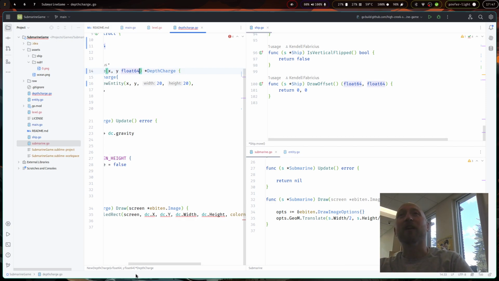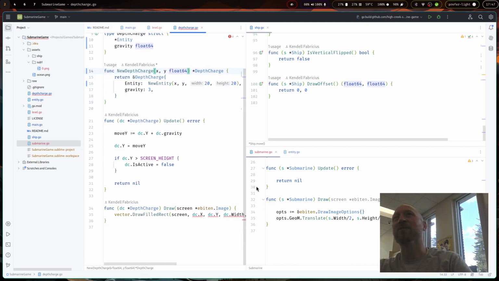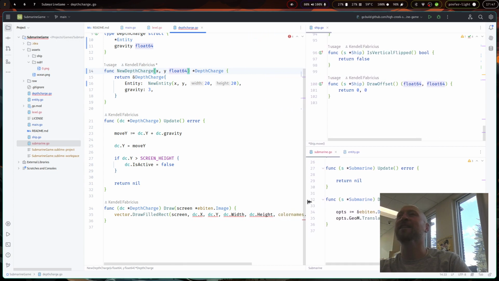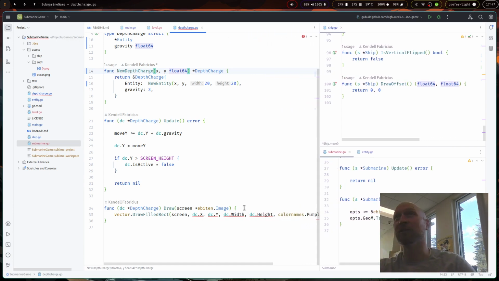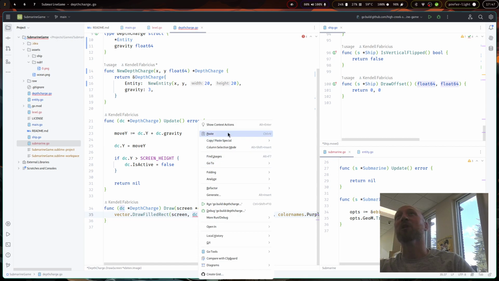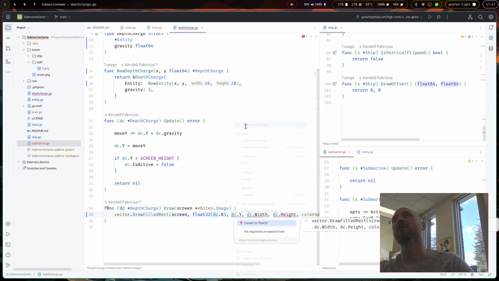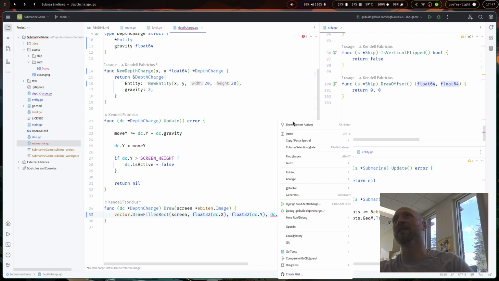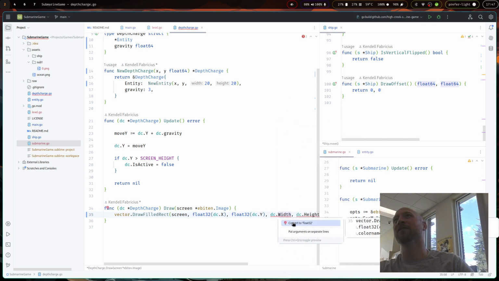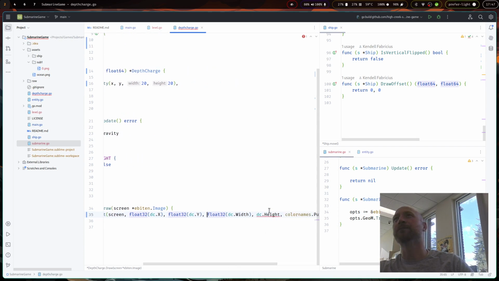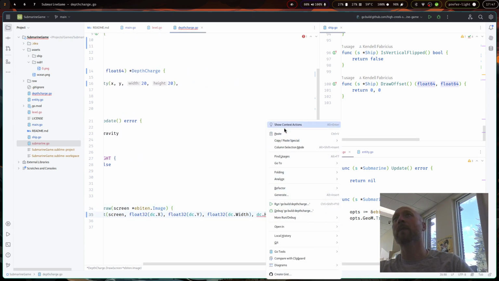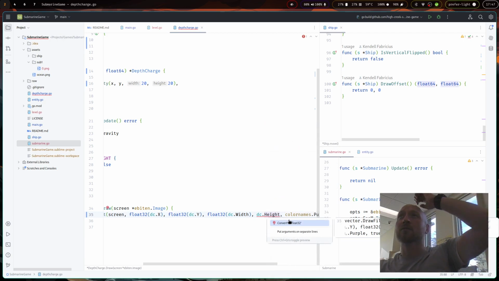So here's where our fixes are going to come back and challenge us, because this draw field rect doesn't take a float 64, it takes a float 32. Weird, but we will go ahead and convert them here. This way we're only converting them one time instead of everywhere that we were going down the road to have to do that. Okay,